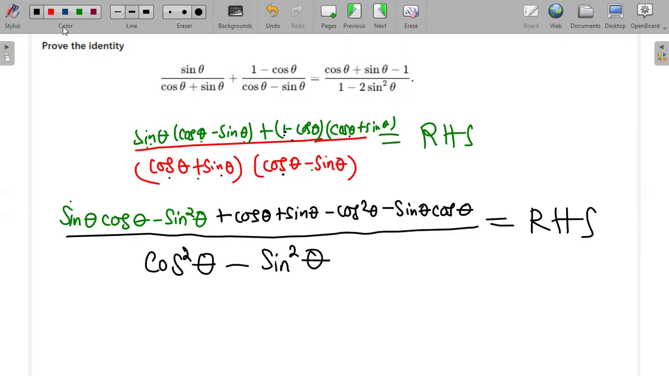And then on top, you can see some things are going to cancel. So you can see that this one here is the same as this one, so they will cancel out. So what I remain with on top, I'm going to write as sine theta plus cos theta, and then minus. I'll factorize the negative from this one and also factorize the negative from this one. So meaning that